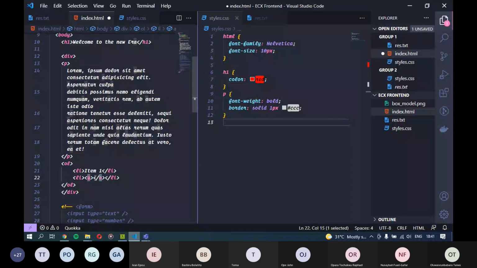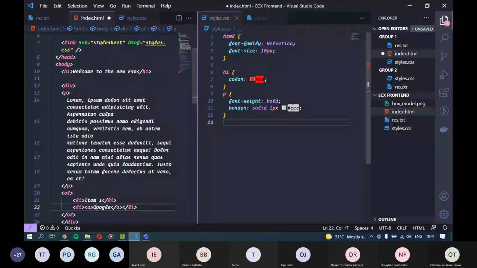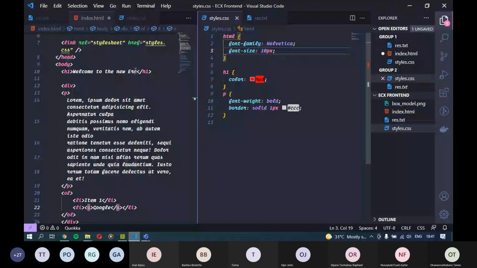Let's say we wanted to assign this Google a particular color, and we don't want that color to affect any other thing on the web page. Right now, we don't know how to do that, because if I wanted to set this color now to red, you might have said I should come to HTML and set color red, but setting color red here is going to make everything red. But I don't want everything to be red. I want all the other ones to stay the exact same way that they are. It's only the Google that I want to become red. Now, how do I do that? We do that with what we call CSS selectors.